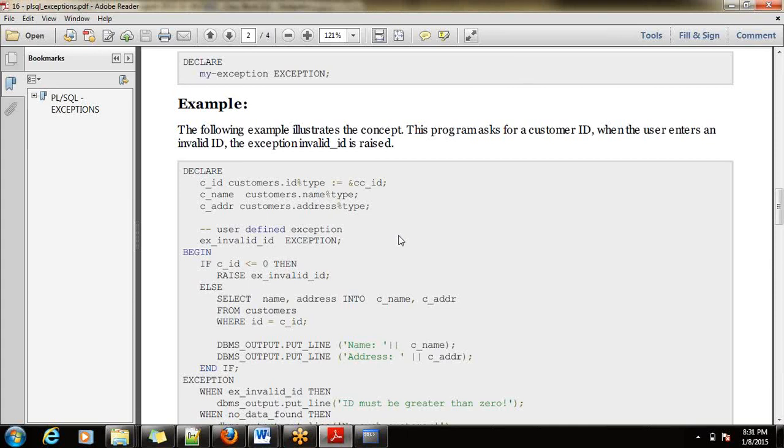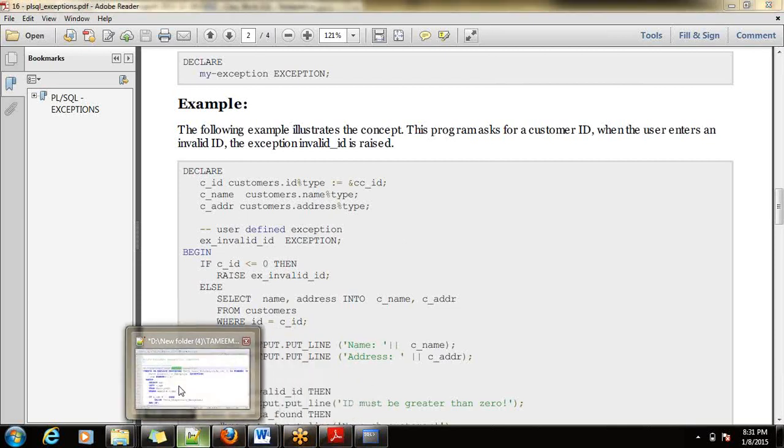Likewise, there will be application specific error codes and error messages. I am developing my own application, a library management system. I will be defining some error codes and error messages when some technical things go wrong. So we also can write our own error codes and error messages. Okay. Fine.